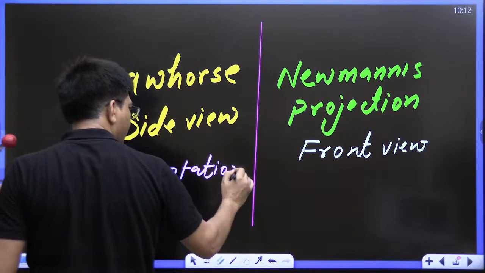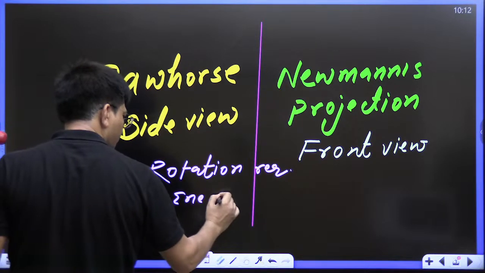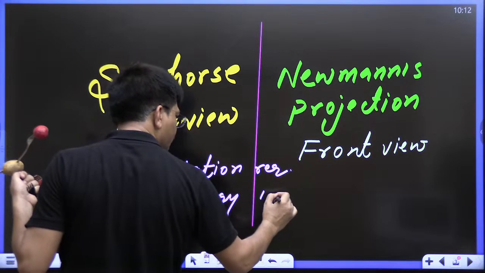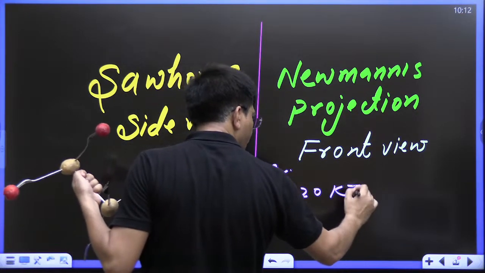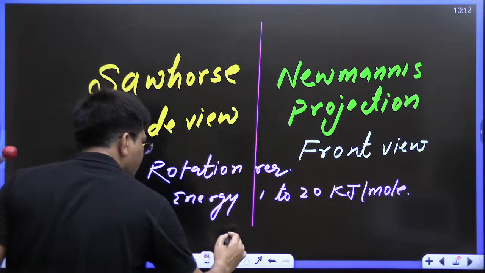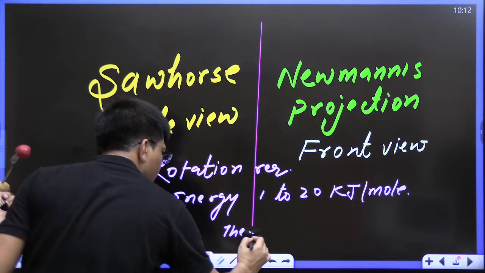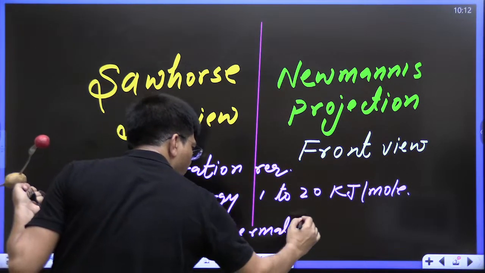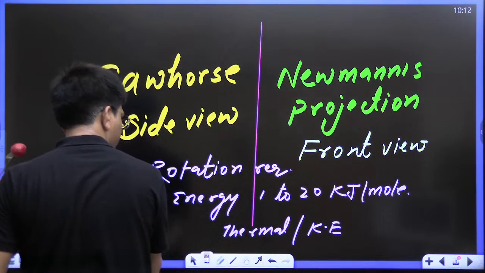Rotation requires energy that is 1 to 20 kilojoule per mole, and that is available at room temperature in the form of thermal or kinetic energy. Now see, kids,